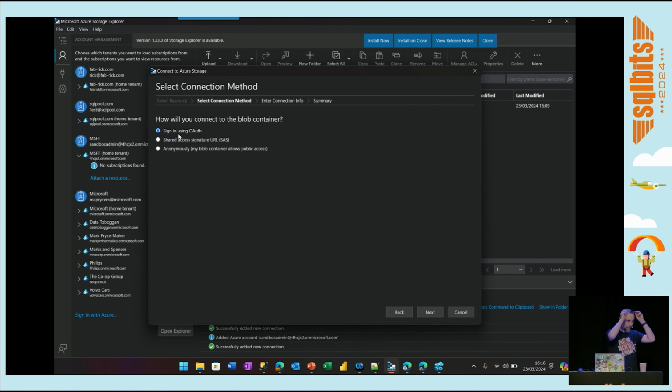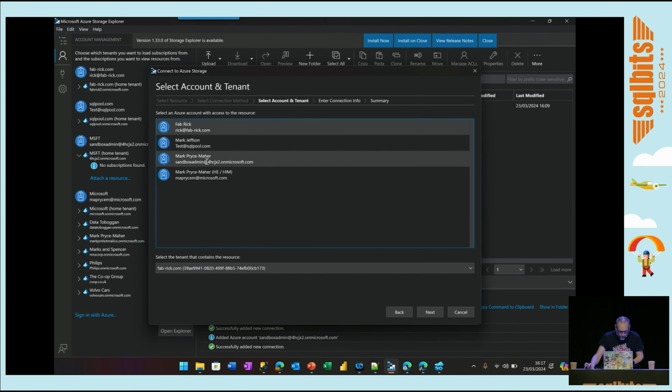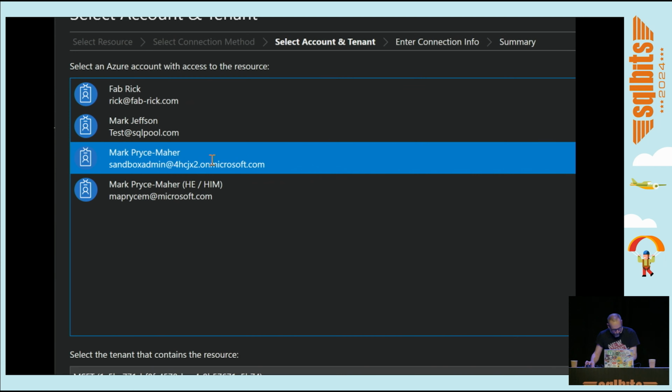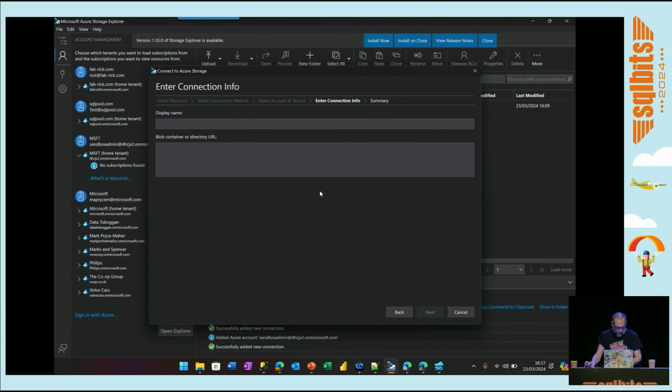OneLake has an ADLS Gen 2 API, it works. Use OAuth. I got really messed up when they added that in because everything stopped working. You have to use OAuth. OneLake doesn't support any other authentication form. We don't generate SAS keys or access keys. So I'm using that one. Then I paste this in here,